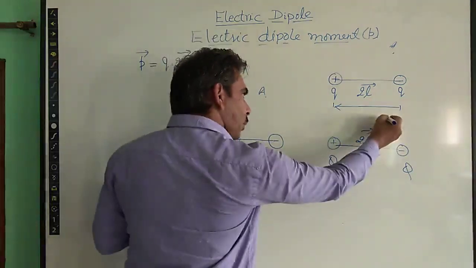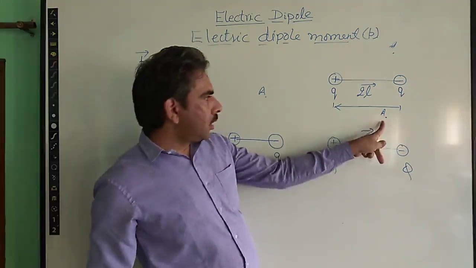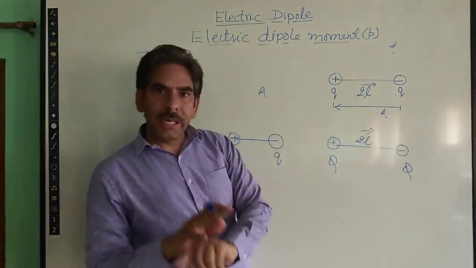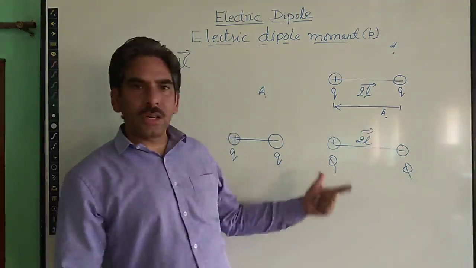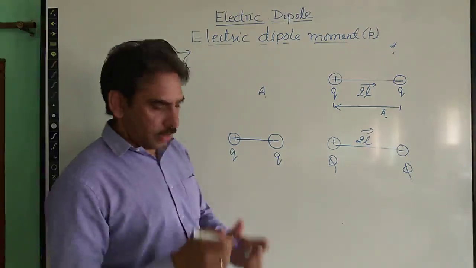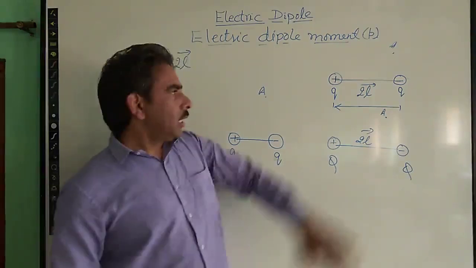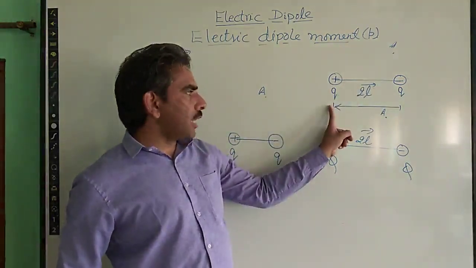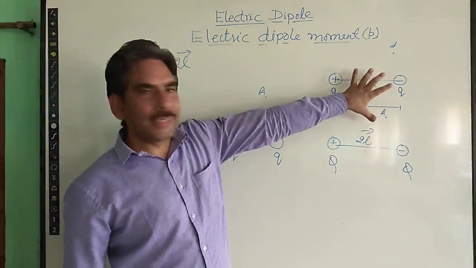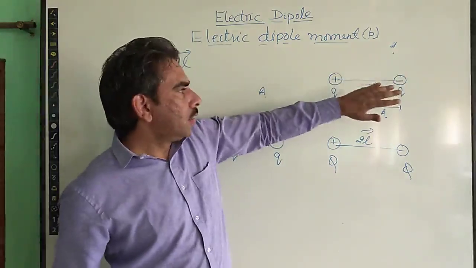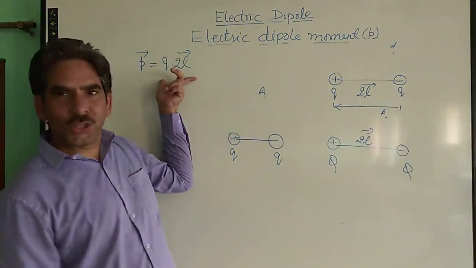Then again, at the same point, meaning at the same distance, we have some observation point. Now the electric field at this point will be different because the charges are now stronger, or we can say of a bigger quantity. So to include these two factors of an electric dipole, which two factors? The length of the dipole as well as the strength of either of the charges. To include these two factors while we calculate the electric field due to this electric dipole, we need to define a term which includes both of these.